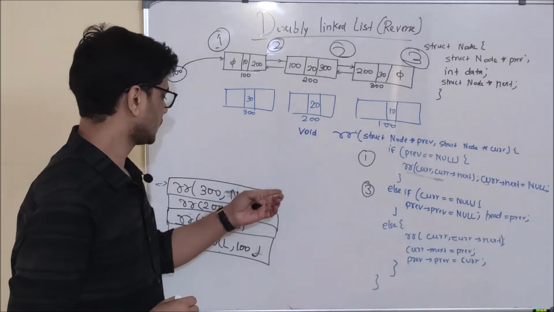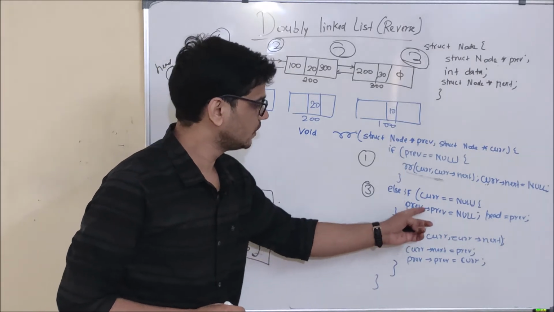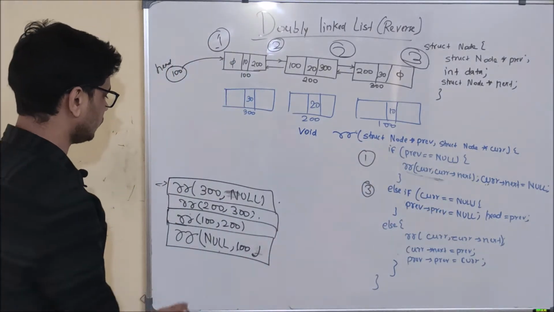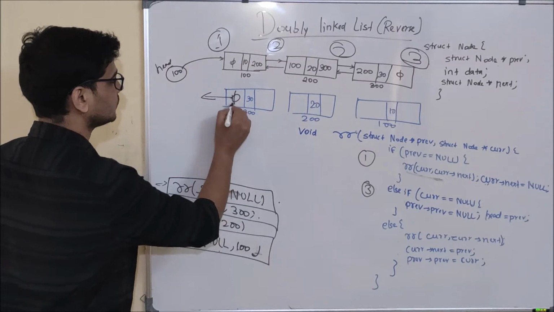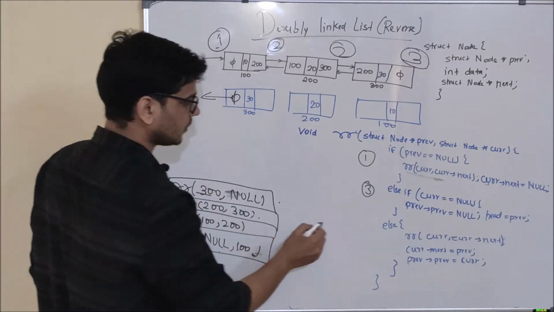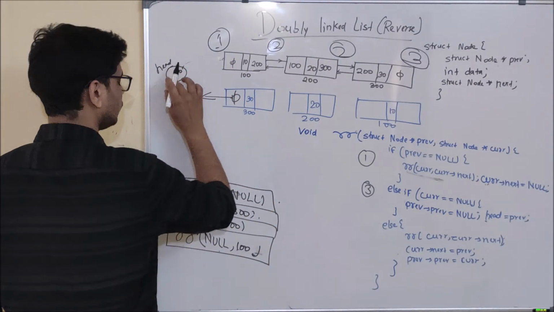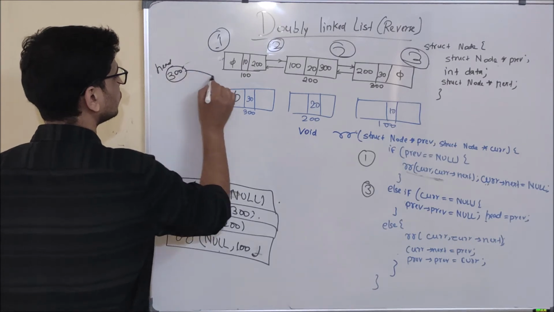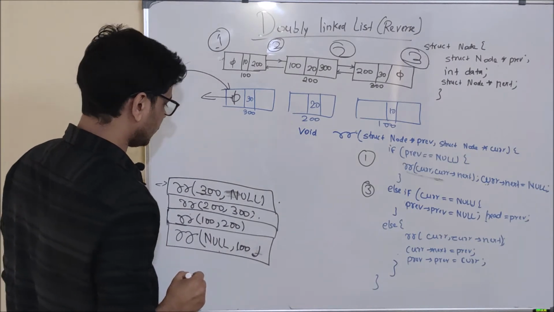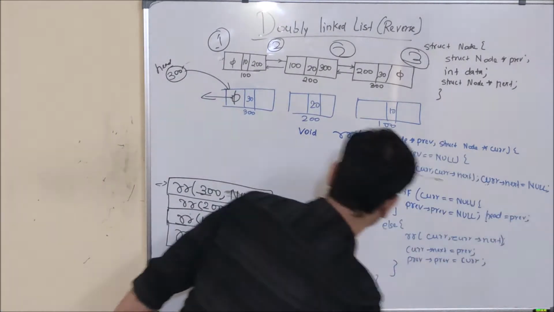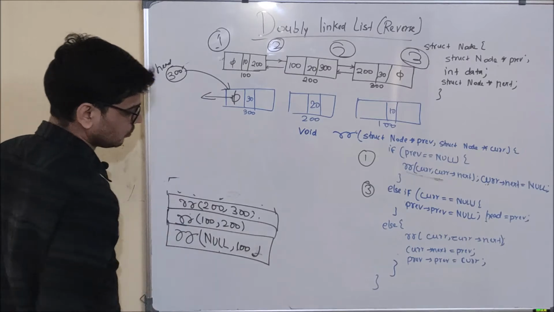And right now you can see current is equal to null. So this if check will be true, and what is going to happen? First of all, previous dot previous is equal to null. And what is previous right now? Previous is 300 and this is the previous part. So it will be null here, and after that, head will be updated to previous. See, in head we are going to update previous, and what is previous? 300. So a link will be created from here to this particular node, and after that this function call will go from stack, and control will come back to reverse recursive 200 comma 300.